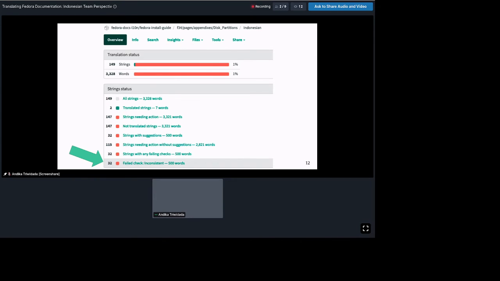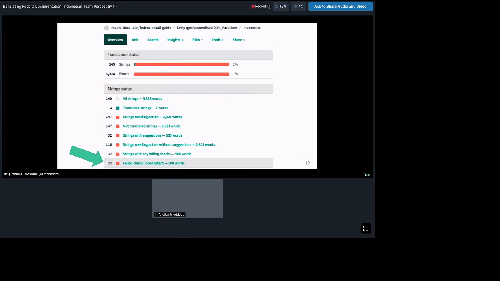If you have many strings with a status like that, you can do many string translations very quickly.